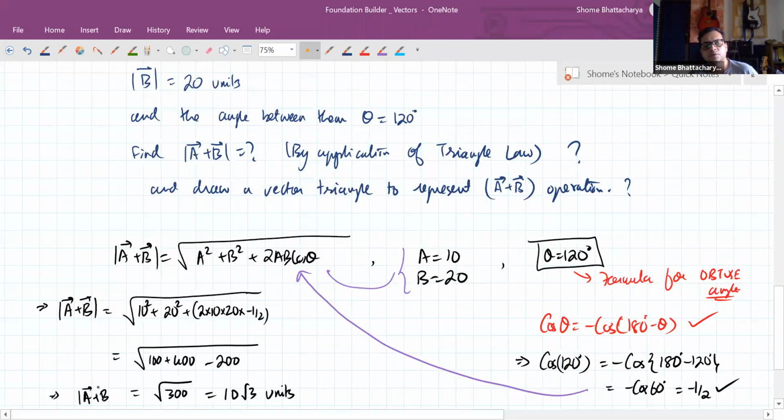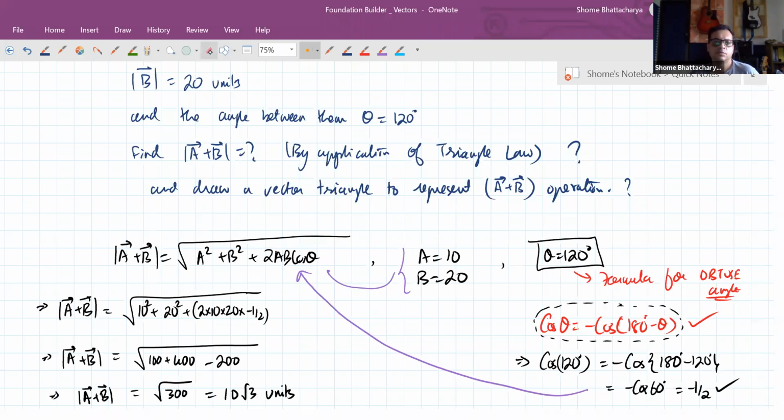So this is the first part. This is all we have to do to solve for the resultant by substituting all the values in the triangle law. But when we substitute theta as an obtuse angle in the triangle law, we have to just be mindful of this formula, and you have to just remember the application of this particular formula. So hope this is clear to all of you. Make a note of this, and when you finish that, try drawing the vector triangle also yourself.